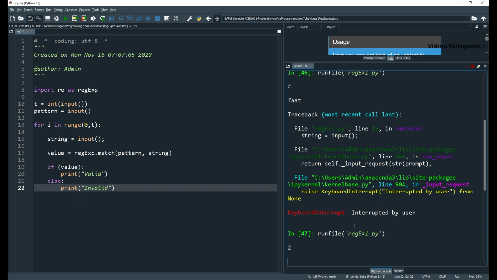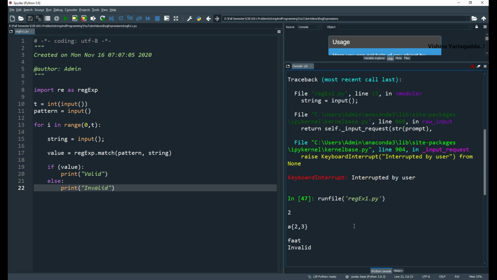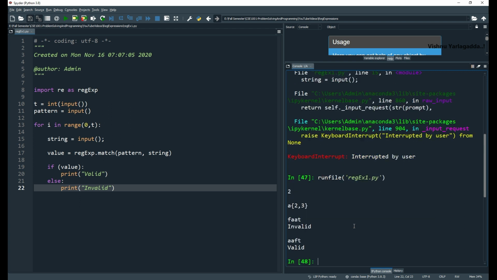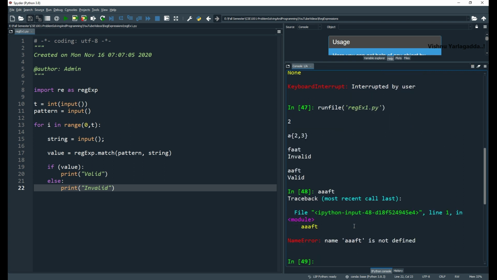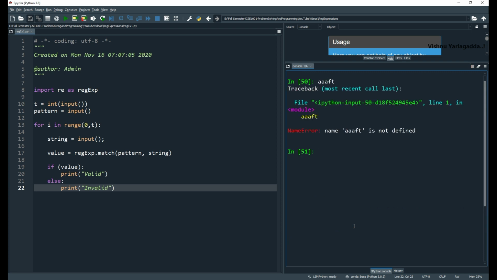So with A of 2 comma 3, FAT invalid, AFT valid, 2 times appear. Oh sorry, I'll give the proper test cases. We need A of 2 comma 3.